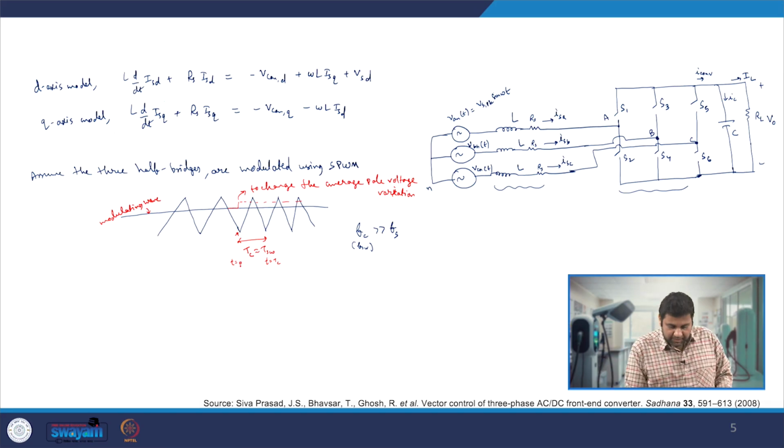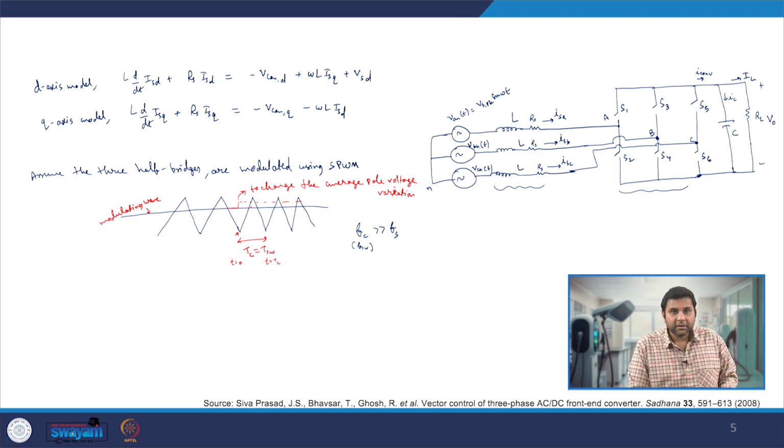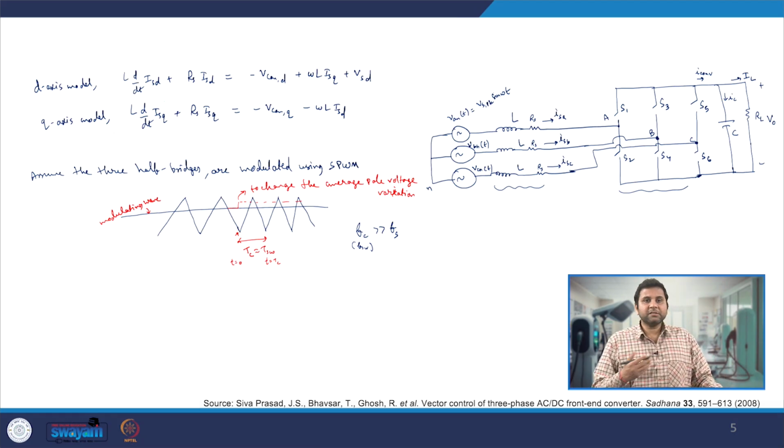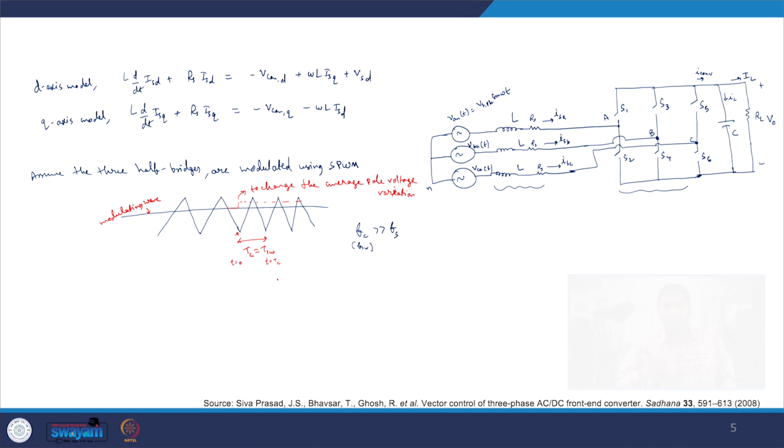So the best case scenario is t equal to 0, and the worst case scenario means there is a delay of one cycle time, because that could have happened just right after this comparison has occurred. So the best case scenario is t equal to 0. The worst case delay we can expect when we are doing this change in the modulating wave, the worst case delay in the response, is one carrier cycle period.